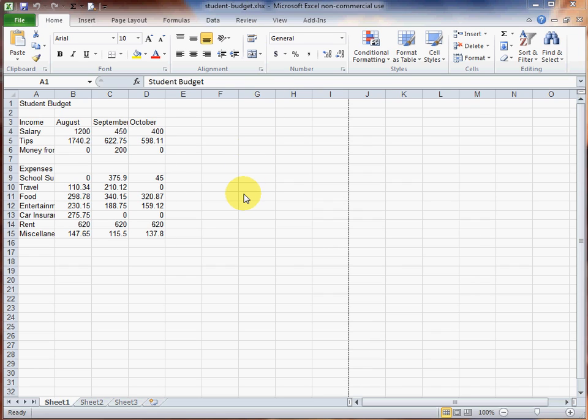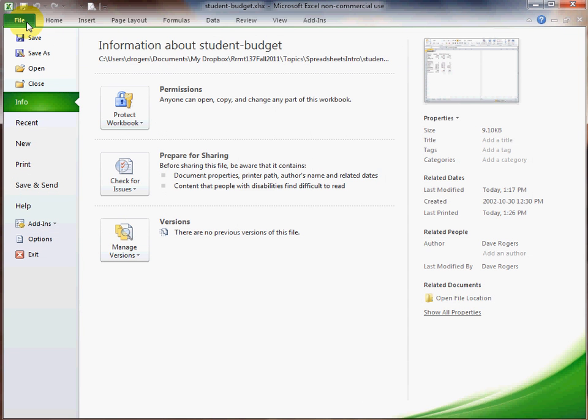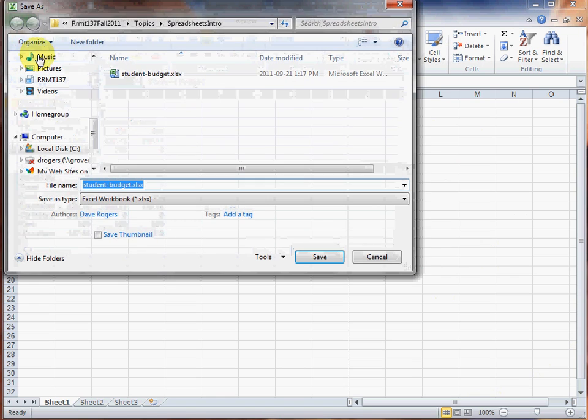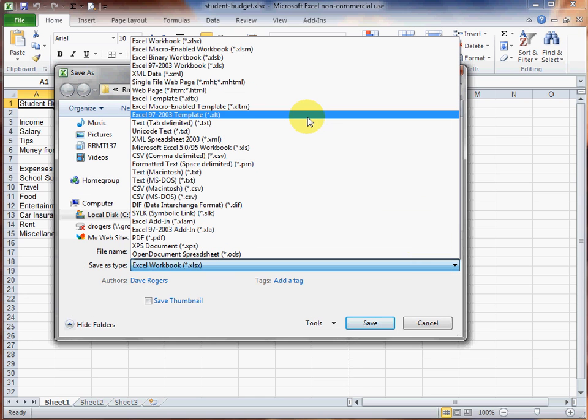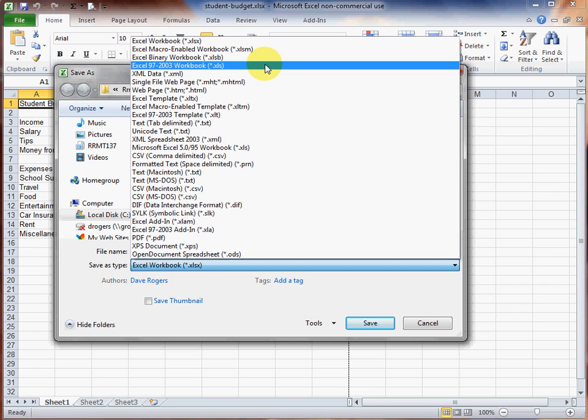Or, if you have a file such as Student Budget here, XLSX, you can go to the File section, which is the backstage, and you can choose Save As, not Save. Save just saves it in its current format. Save As pops open a Save As pop-up here, and you'll notice that it says here's the file name, Student Budget.xlsx. Save as type, though, we can choose something else. By default, it'll be Excel Workbook .xlsx, but I can also choose this version, Excel 97 to 2003 Workbook. So that's the old version, the .xls